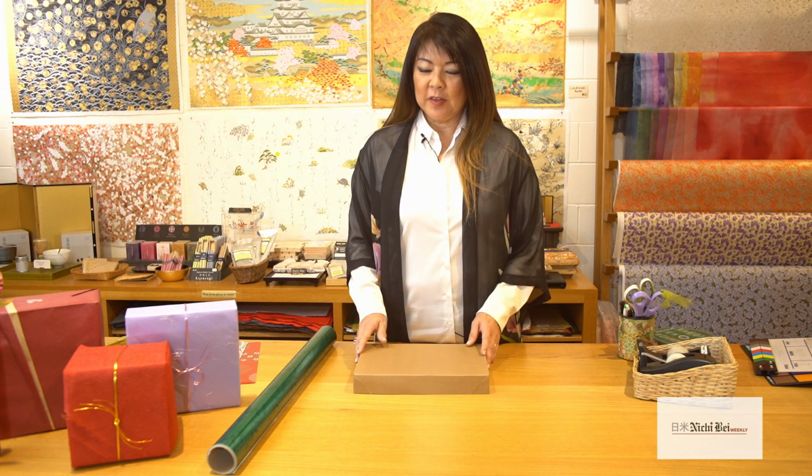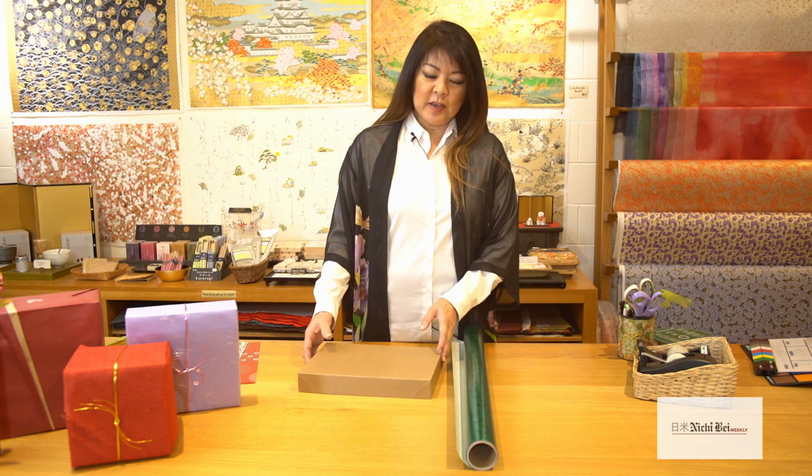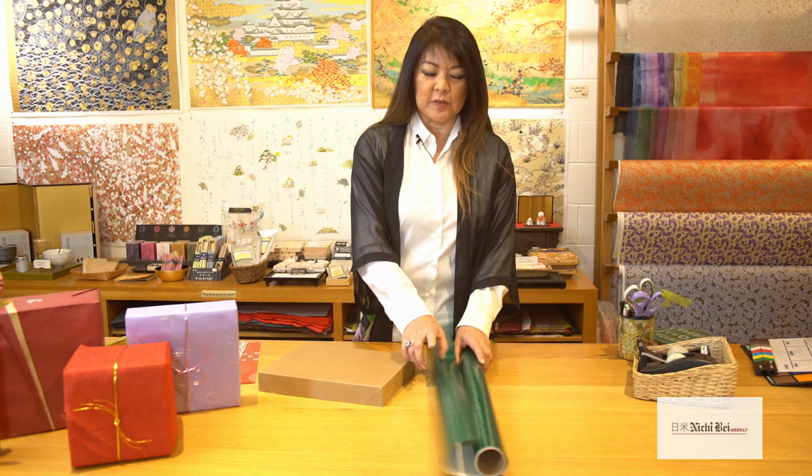So our next way of wrapping gives it kind of a Japanese touch, again, a very simple technique and really easy to use. One of the things that's important when you have a roll of wrapping paper is how do you measure the paper to fit your box? In this case, it's a real easy way of just unrolling the paper,